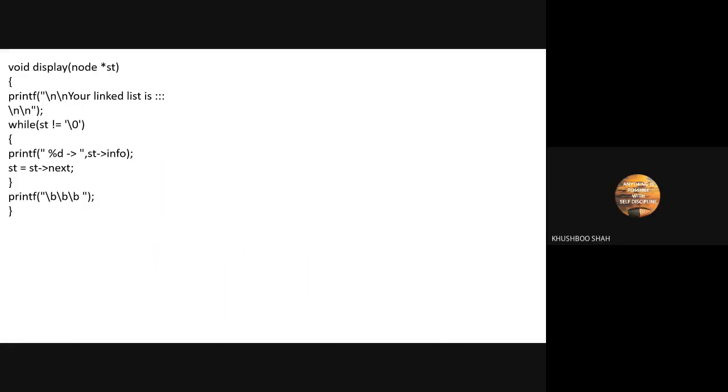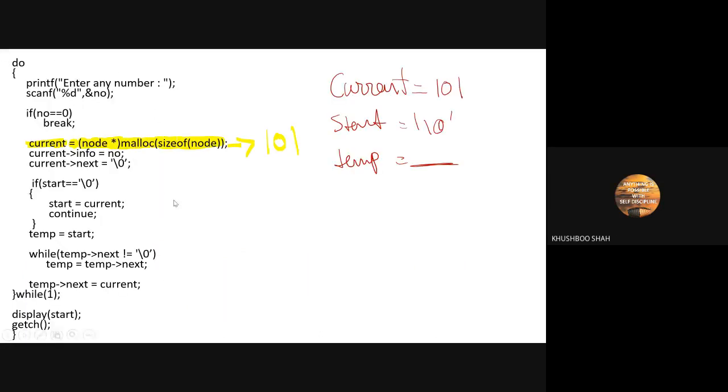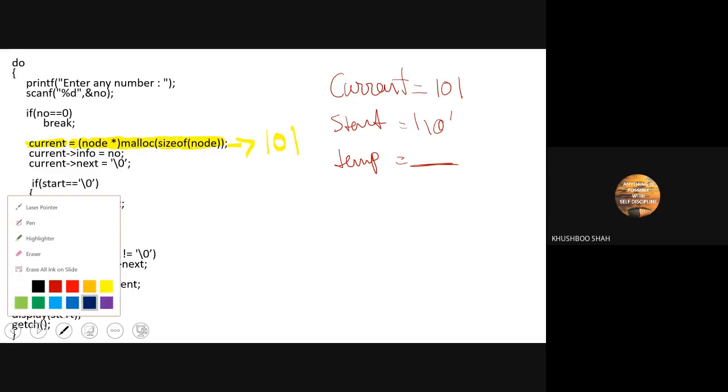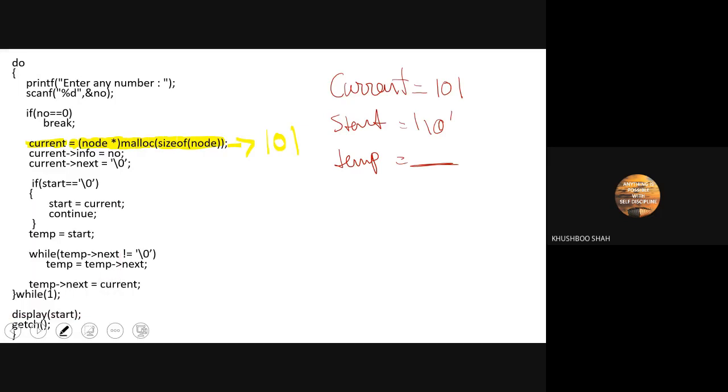Okay. Now the next line. You have to tell me what is happening here. Current info is equal to NO. What does it mean?